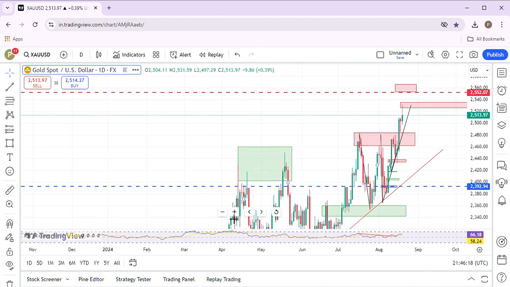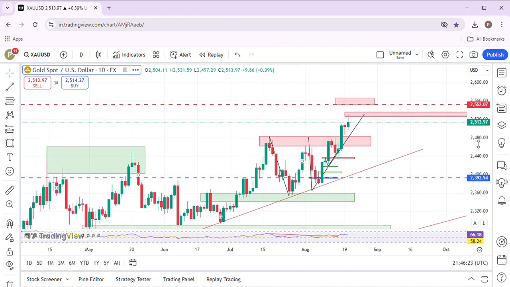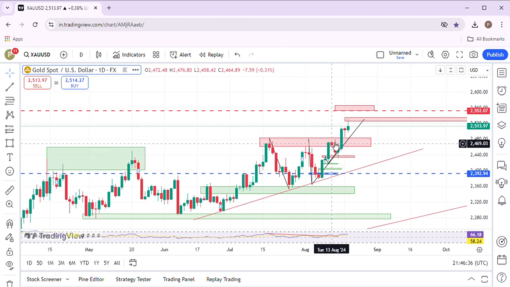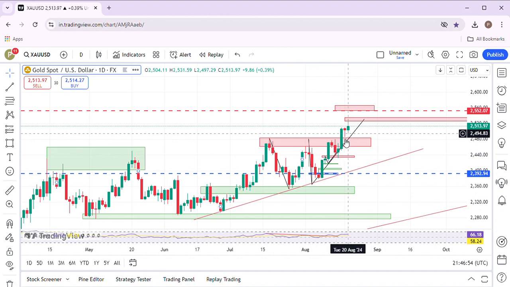What I have been discussing for the past 2-3 weeks was the first thing. If I show you last week's market, this is the 1, 2, 3, 4, and this is the 5 zone. The market closed last week right here, at a price of 2428.60, my friends. When the market was right here, I said that it is going to be a sell area, but here we haven't seen any sell.